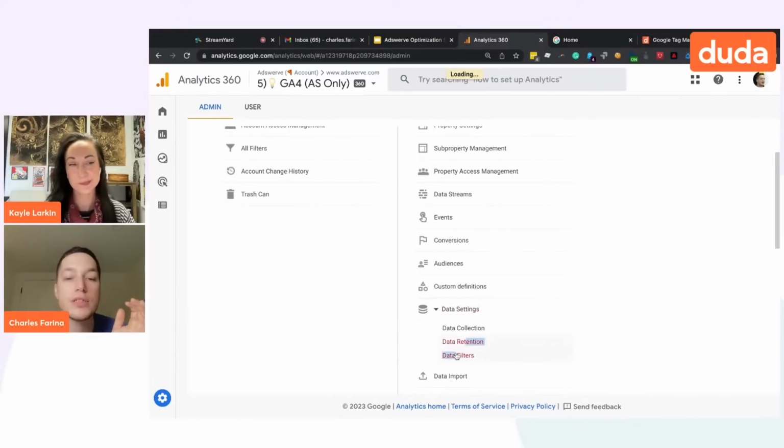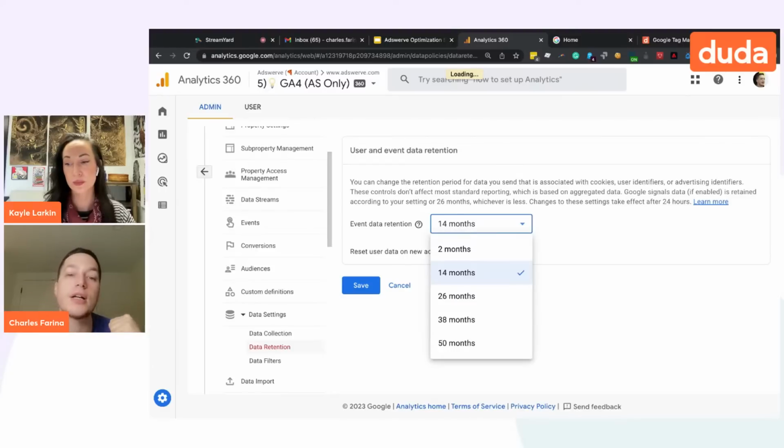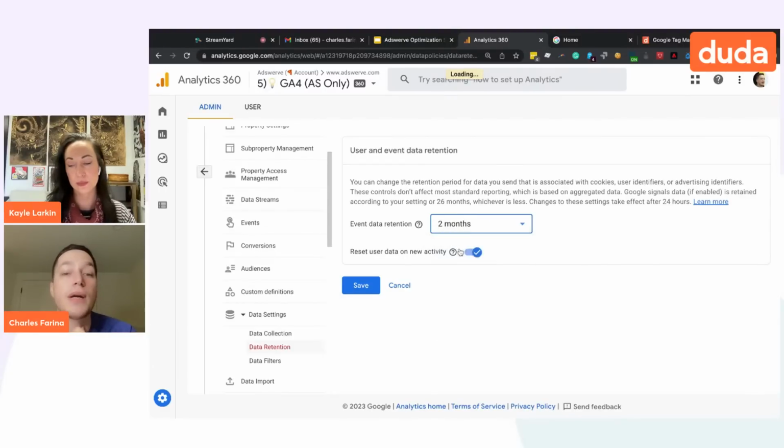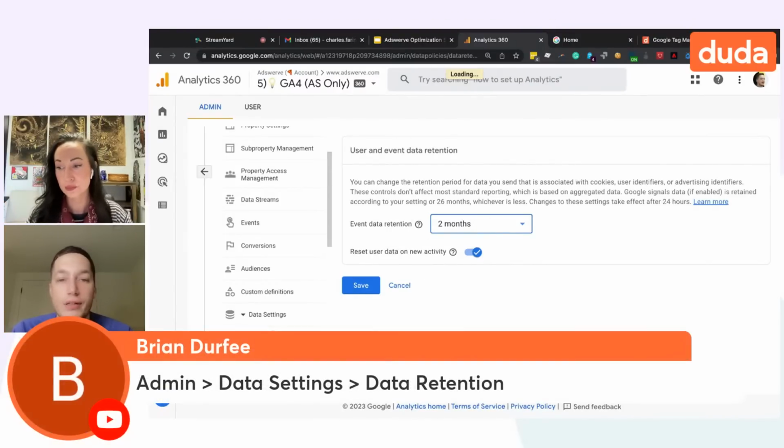For most of you, if you have a legal team, you'll want to check with them what your data retention setting should be, and if your privacy policy is up to date to tell your users how you're recording and how long you keep the data. But I would say most people set their data retention to 14 months because that gives you the ability to do year over year. And if you have it at 2 months, most people will be very surprised when they try to do analysis later and find out they can't access the data they're looking for.